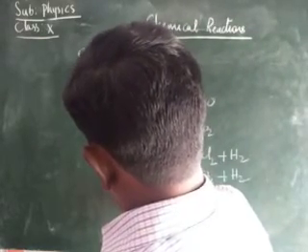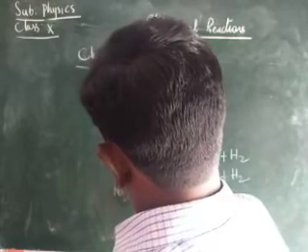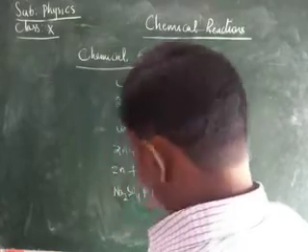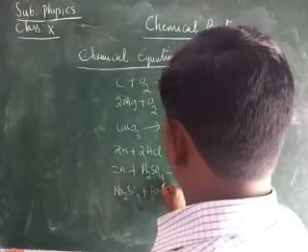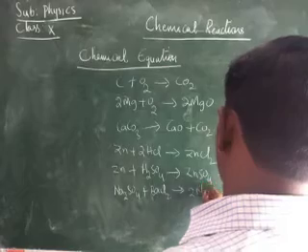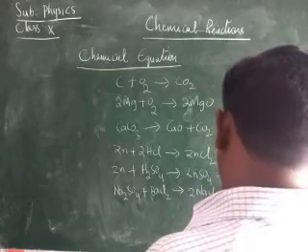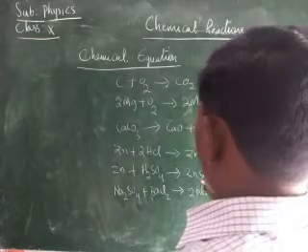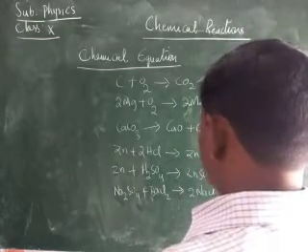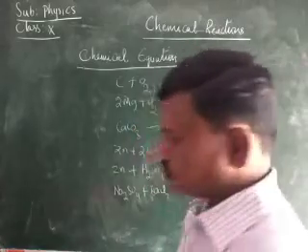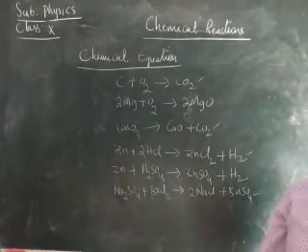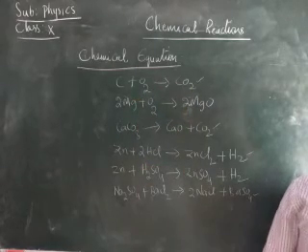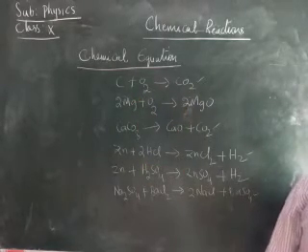Here, children, Na2SO4 plus BaCl2 gives rise to 2NaCl plus BaSO4. Okay, here this is a chemical combination reaction, this is a chemical decomposition, this is a chemical displacement reaction, this is a double displacement reaction. These are the four different types of chemical reactions, and here the left hand side terms are called the reactants, whereas the right hand side terms are called the products.